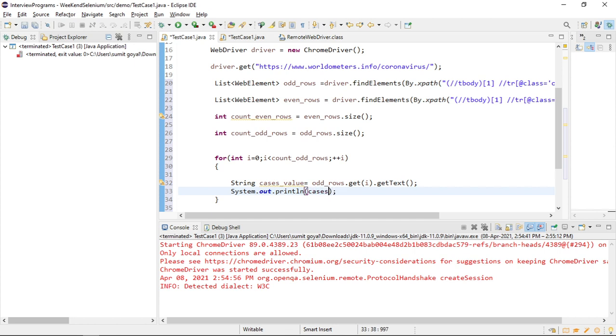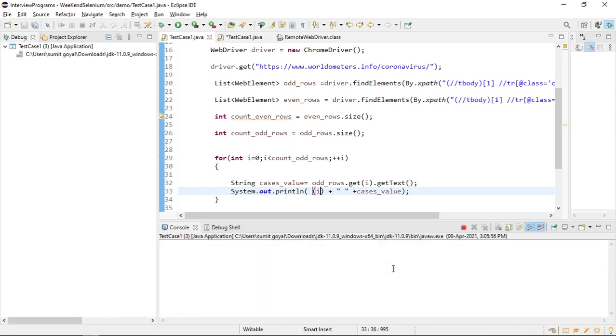Cases, and also let me print i. So I will also print how many total odd rows are there. So this will print i plus 1 because it is starting from 0. Or let us just not add 1 as of now. If I just run this program, let us see what it is going to print.